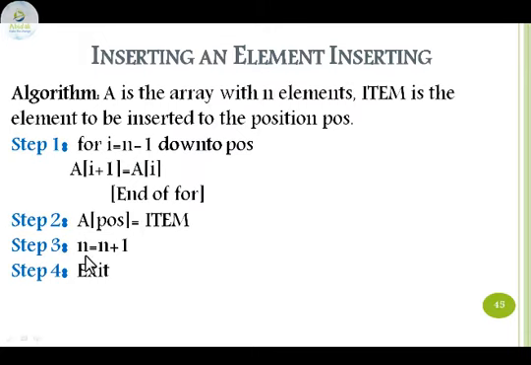So it has increased, isn't it? Because of the increase in the size, we need to reflect that in the size also. That is, n is the variable that stores the size. So n is equal to n plus 1. Very simple. Start the shifting from n minus 1 till the position. The higher end order will get its value from lower end, or you can say lower end values are shifted to higher end. Then after all the shifting finishes, the position will be empty, so that A of POS will get its value from the item, that is the element to be inserted. Then the array size will increase, then we'll stop the program. Okay, so this is how things will work.